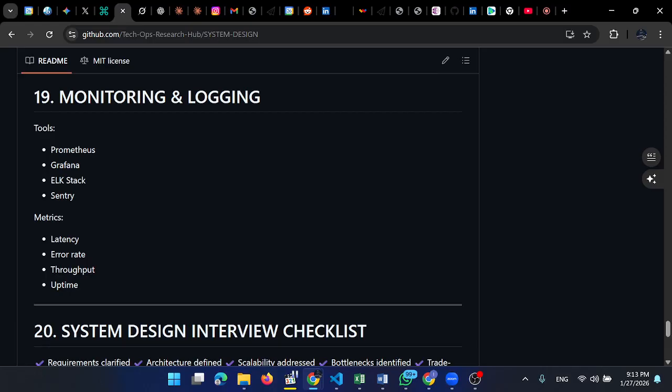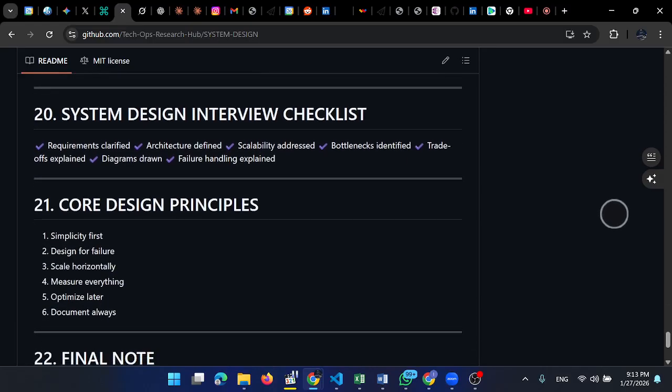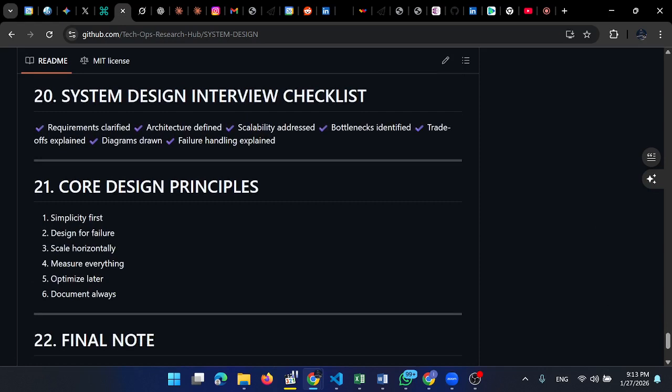There are some checklists that I would like us to note, because we are almost coming to the end of this session. There are some interview checklists to look at, and most of them are very important, especially in system design. I know with time you'll be able to learn about them. One is requirements clarified. Two is